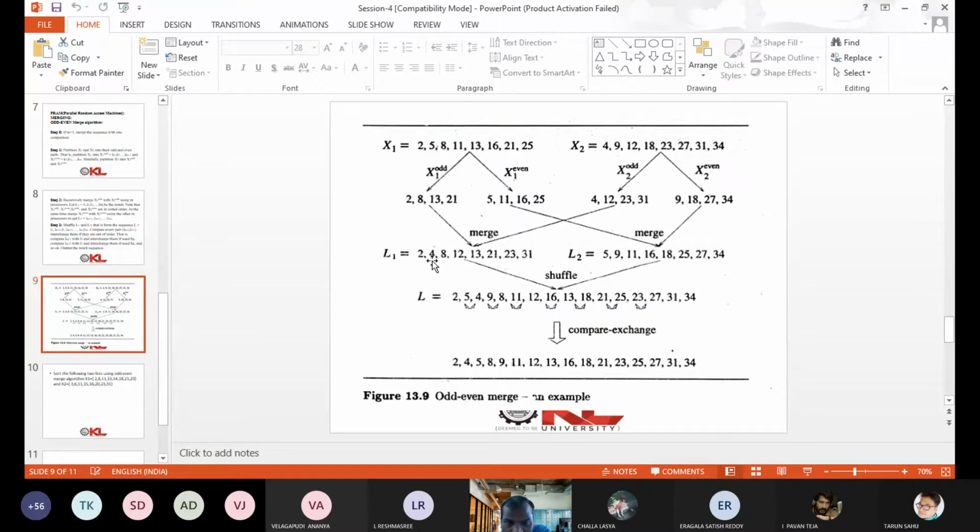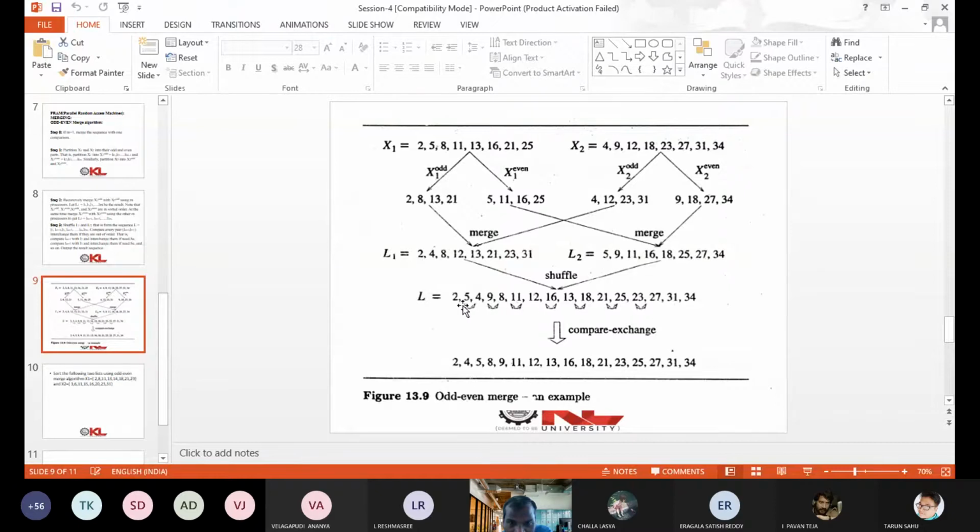Then second element of L1, 4, you write here. Then second element of L2, 9. Third element of L1, 8. Third element of L2, 11. So you write alternate elements: first element of L1 followed by first element of L2.